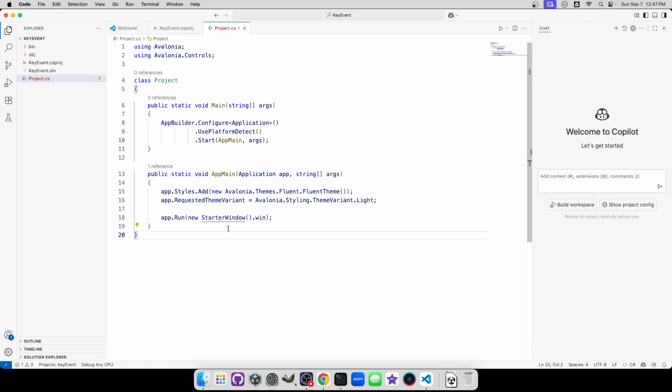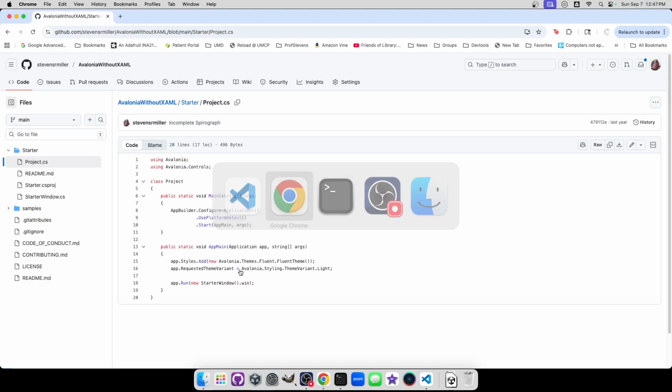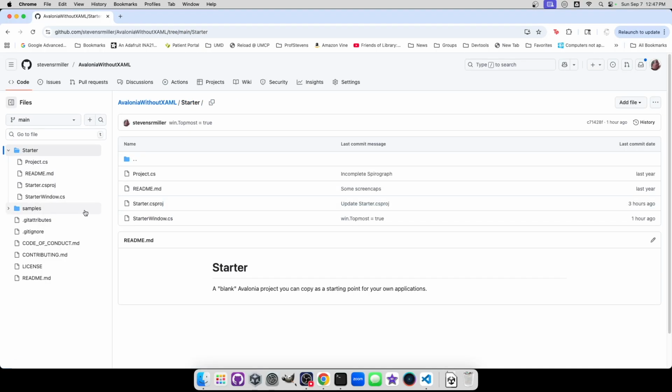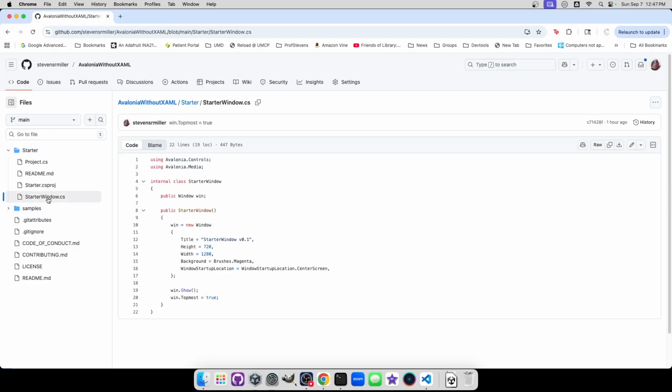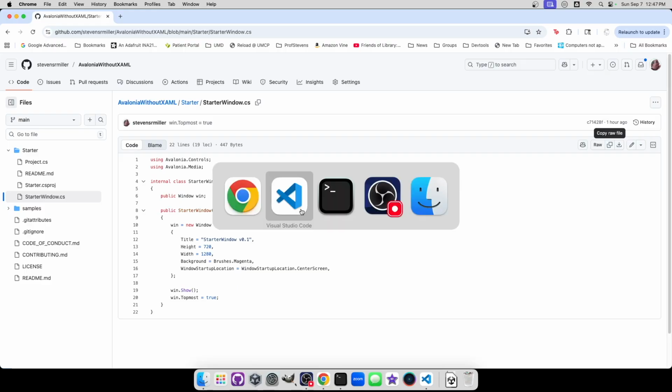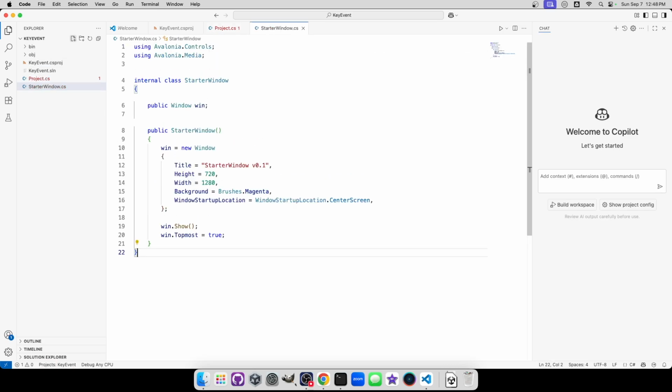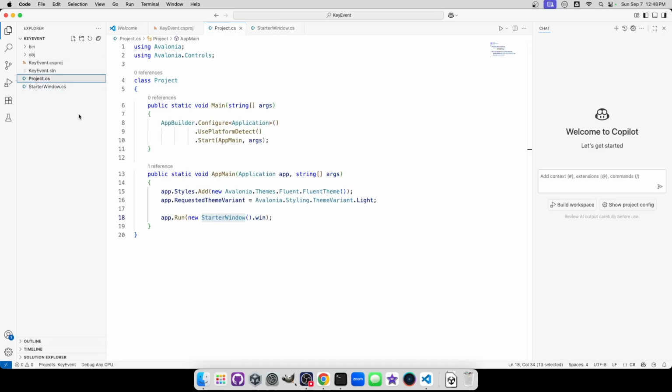We're still missing the starter window class, so we've got to copy one more file. Let's do that now. We'll go to the starter directory on the GitHub repo, open up the starter window CS file, copy that, go back to Visual Studio Code, create an empty starter window file, starterwindow.cs, paste in what we just copied,